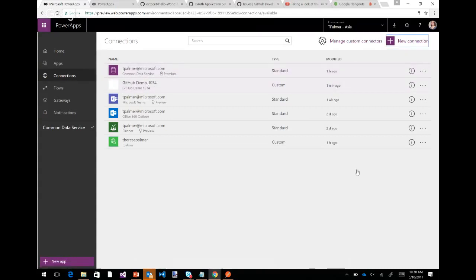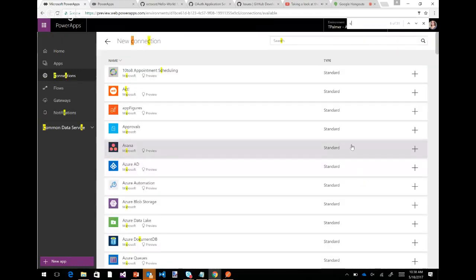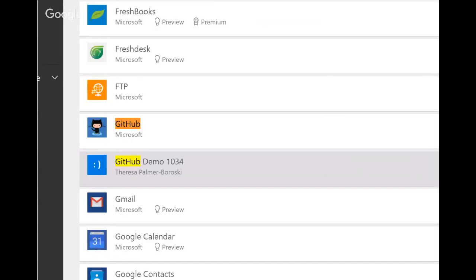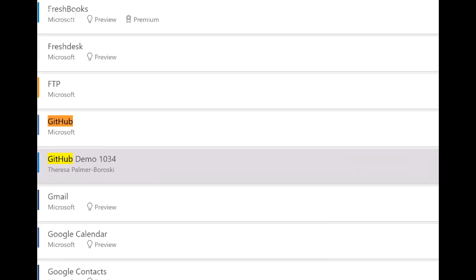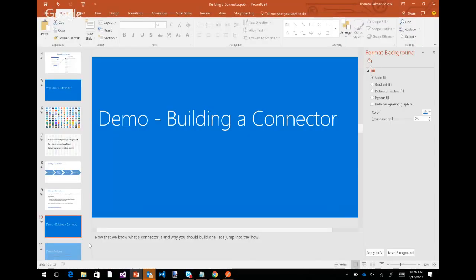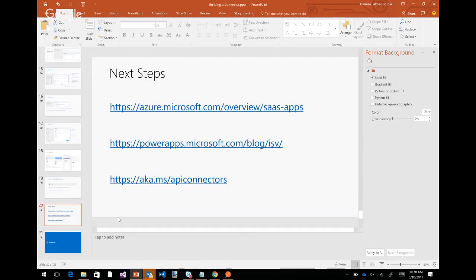But you can see how within a few minutes, I can build a connector that ultimately shows up amongst all of the other connectors, including public connectors that we have within Flow and Power Apps. And then as an author, I can go and actually download that definition and submit it to Microsoft for certification. So I will flip all the way over to the end and just show you a set of slides